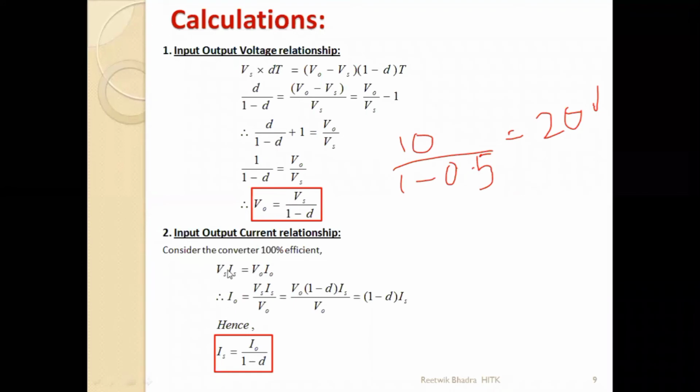I naught, you can write down Vs in terms of V naught, brought over here. V naught in terms of Vs is already represented, or Vs in terms of V naught you can write down and substitute over here. You will get this equation. So Is is equal to I naught by 1 minus d. I told you last day that there is no need for derivation of this equation. If you know this equation, it will be just opposite for current. So if it is V naught over here, this will be Is. If it is Vs over here, it will be I naught. So if V naught is equal to Vs by 1 minus d, it will be Is is equal to I naught by 1 minus d.